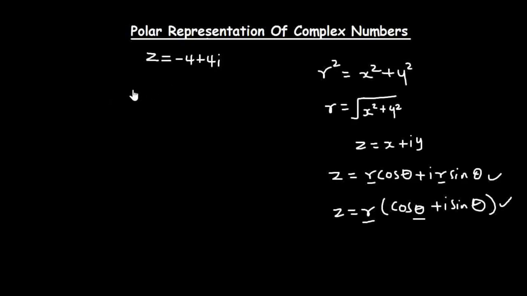First of all, you have to solve for the modulus. So r will be equal to the square root of 4 squared plus 4 squared. You can leave the negative sign out when calculating the modulus. That will be equal to the square root of 16 plus 16, which will be equal to the square root of